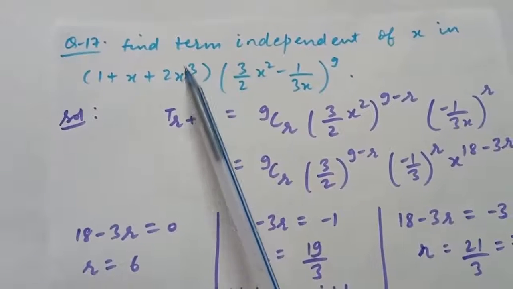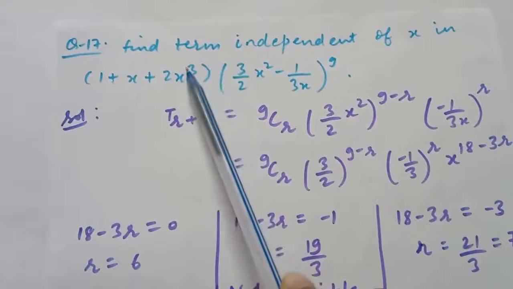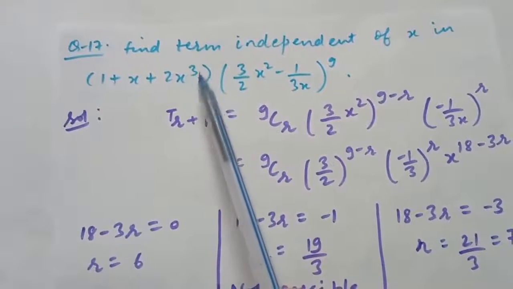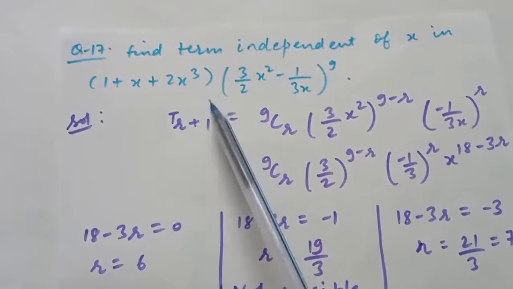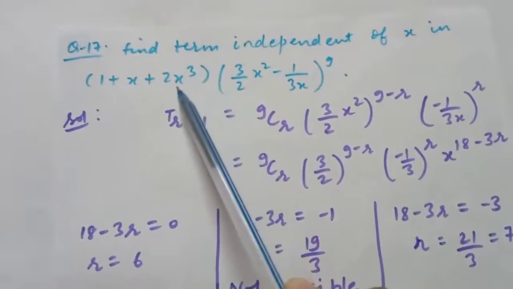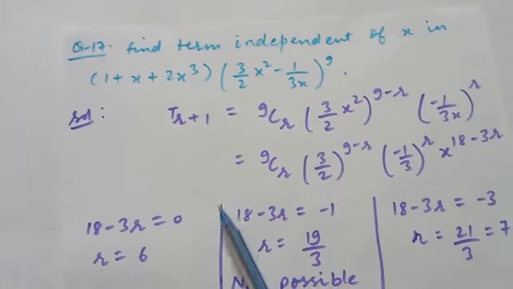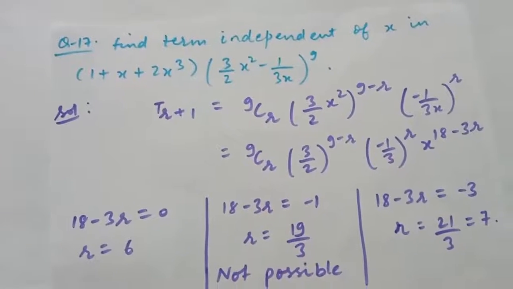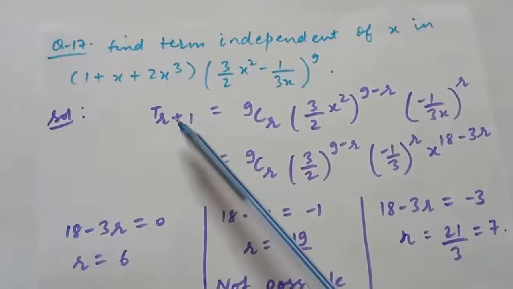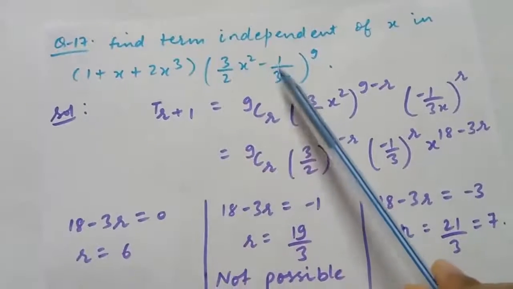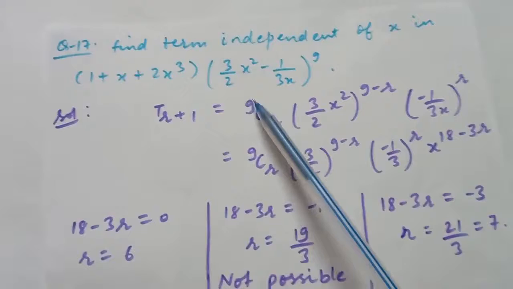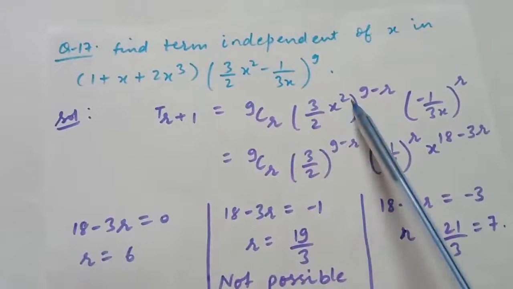Similarly, for this term, it includes x cube. So we have to multiply with that term of this expansion which contains x raised to the power minus 3, so that this x cube gets cancelled. So to find this, first of all, we are finding the general term. The general term of this expansion will be 9Cr (3/2 x^2)